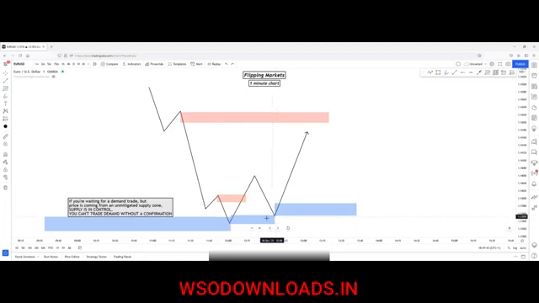After the tap of this freshly formed demand zone, price created a break of structure again to the upside with inefficient movement. Okay, after this, if you want to execute a demand trade here and follow the trend, you have three possible scenarios. If price taps into a supply zone, comes up here, reverses, then supply will be in control